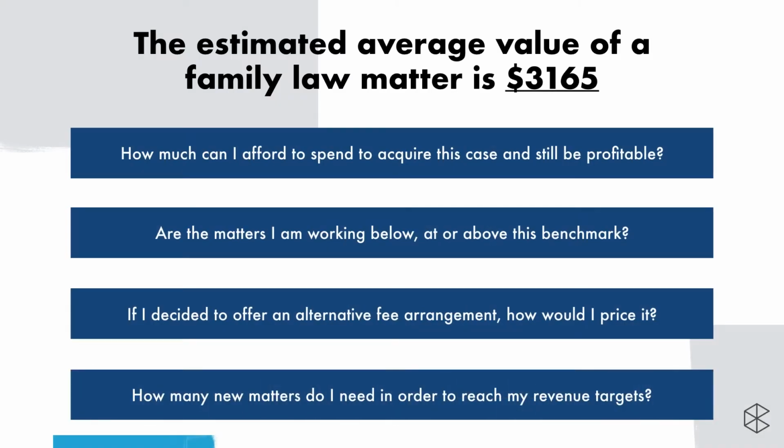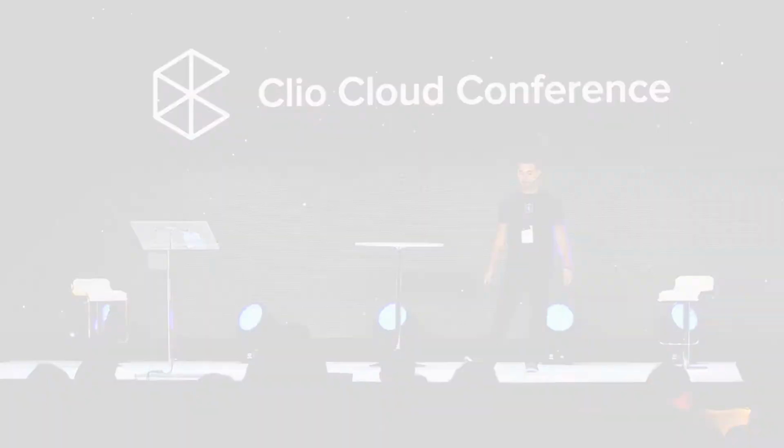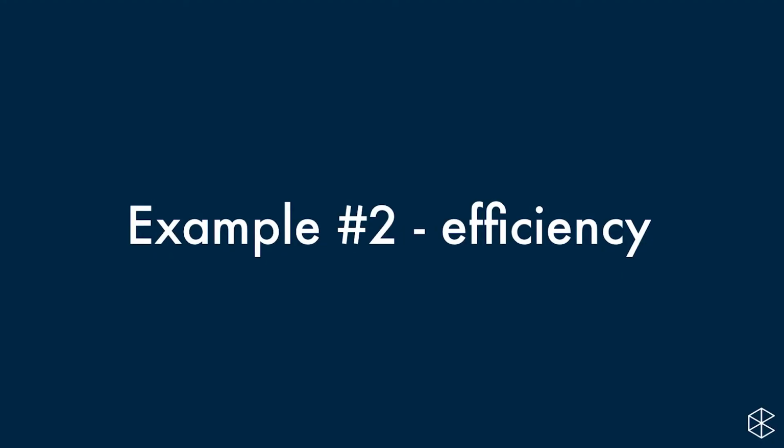Another really important thing you can ask yourself is, okay, let's say I think that this estimate is accurate. Set a billing target and understand how many cases you're going to need to work over the course of a year in order to get there. Very simple arithmetic exercise that everyone in this room can do, but at least it gives you like a compass, a point to start from in terms of making a few of these estimates and building your level of understanding. Example number 2, the efficiency piece.